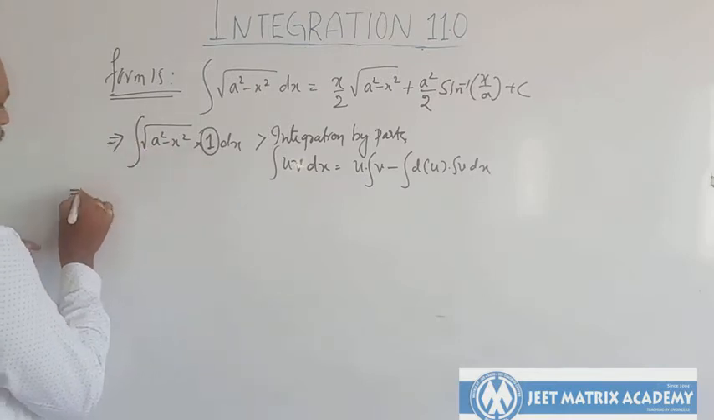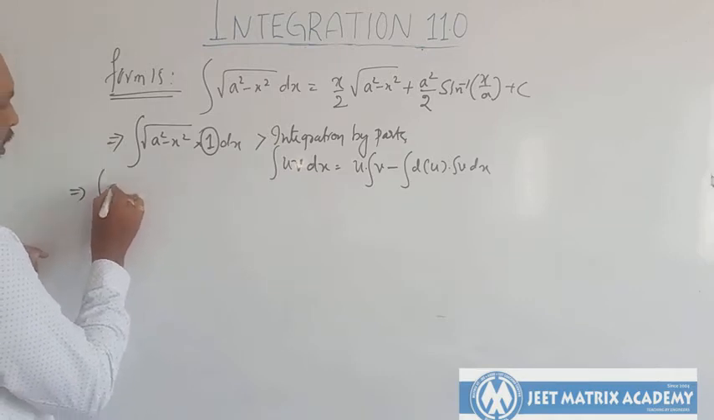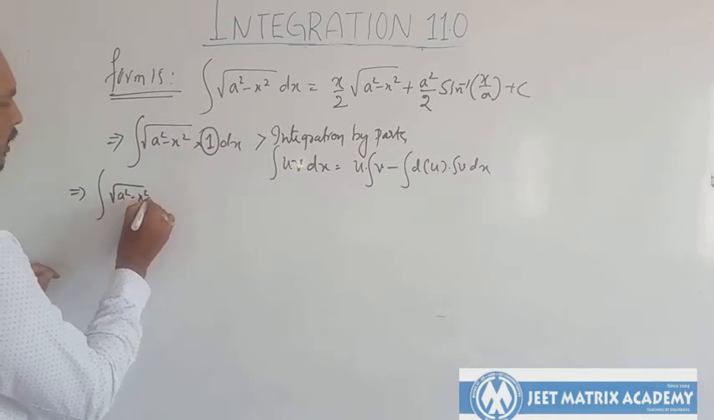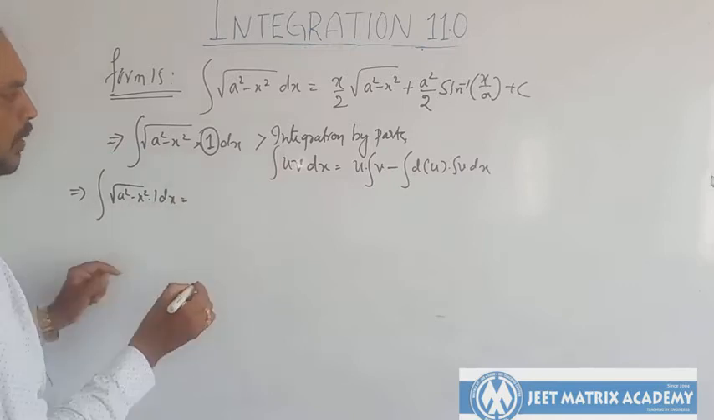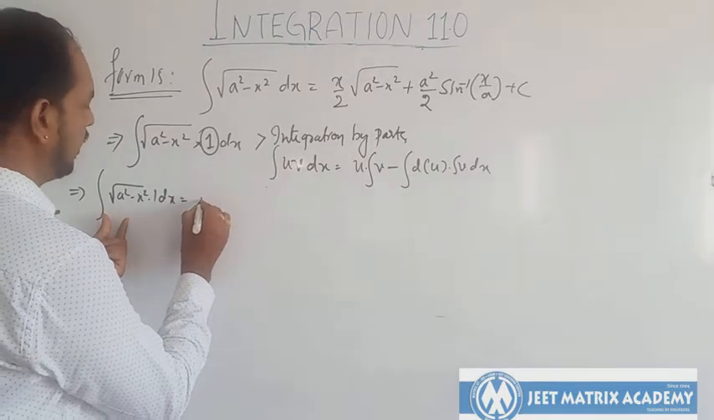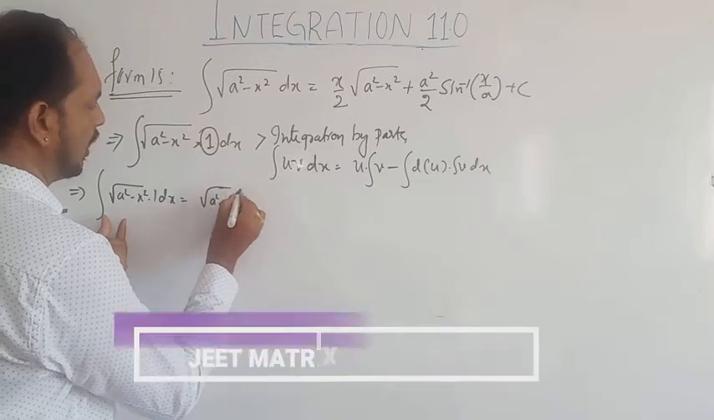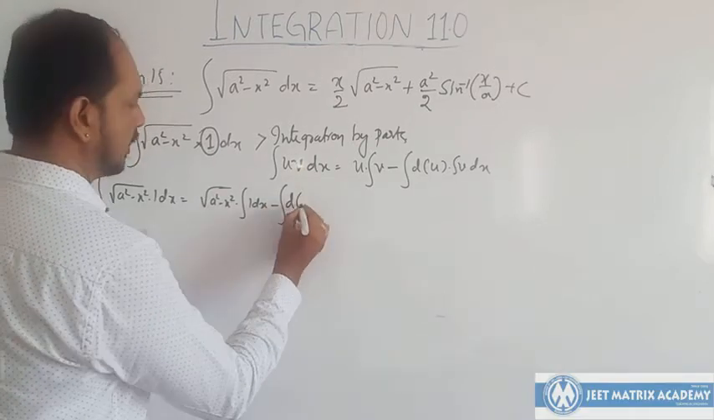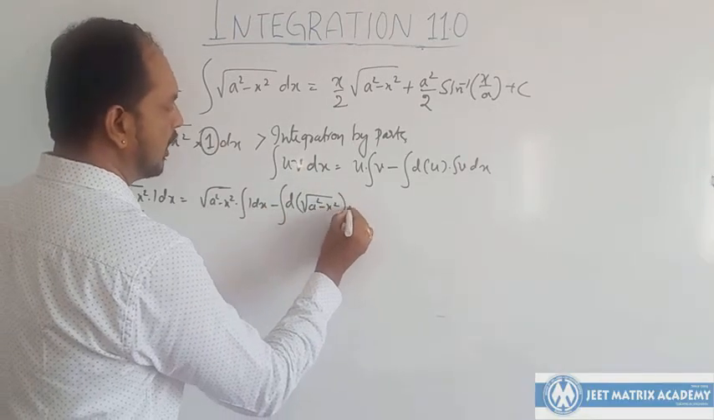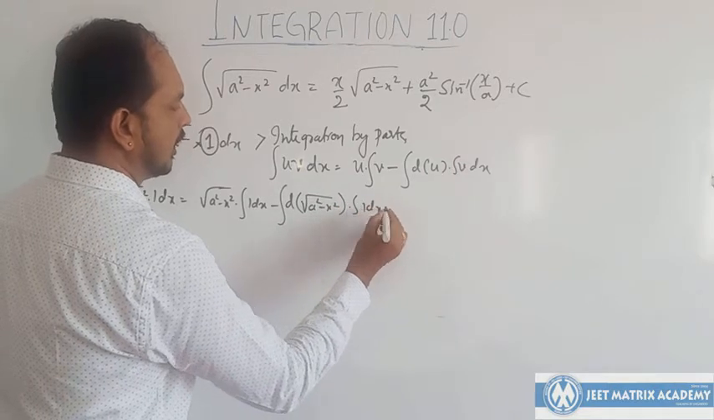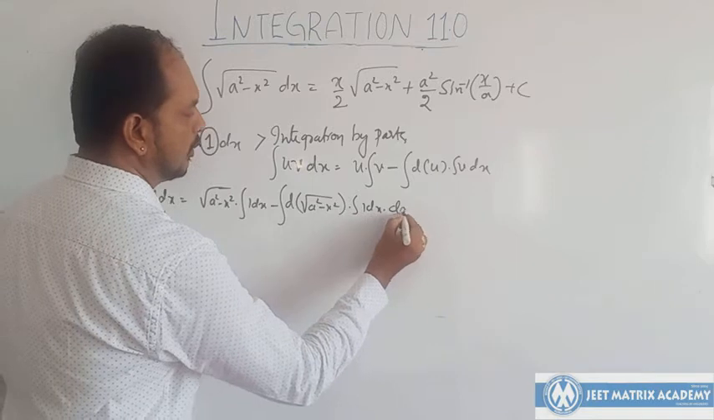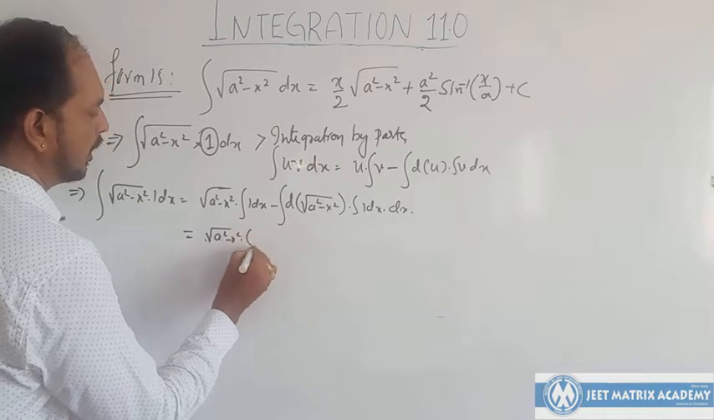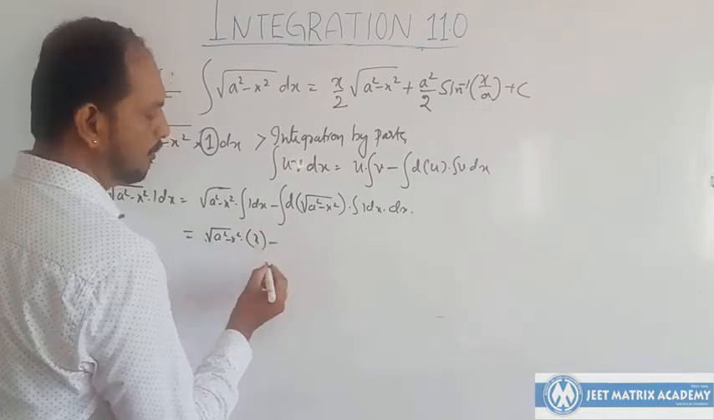So this leads to integration of root of a square minus x square into 1 dx, that is equal to the first part as it is, root of a square minus x square, into integration of 1 dx, minus integration of differentiation of the first function, that is root of a square minus x square, into integration of 1 dx. Am I right? Into dx. Now keep on simplifying: root of a square minus x square into 1 dx, integration is x minus